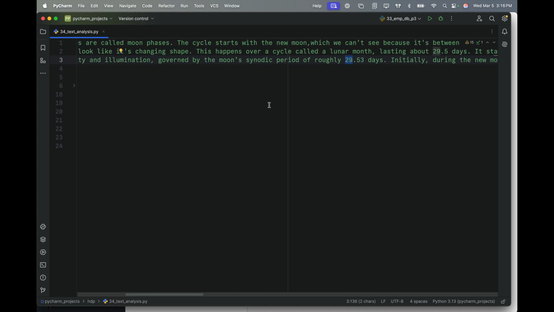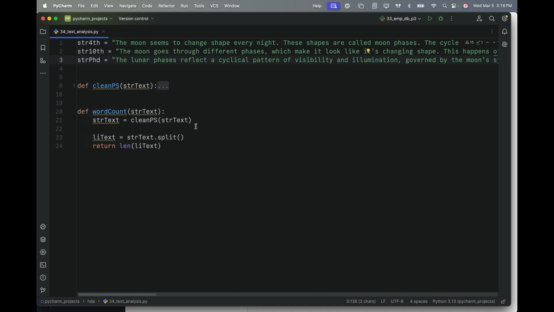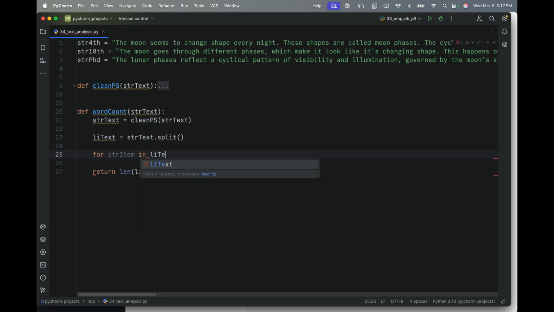So if I want to, I can make sure that I am removing any of those numbers by iterating through all of them. So I can go for str text for str item in li text,